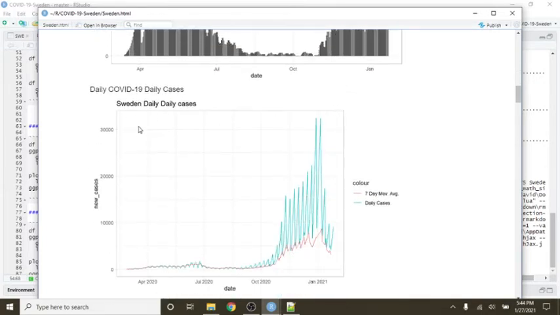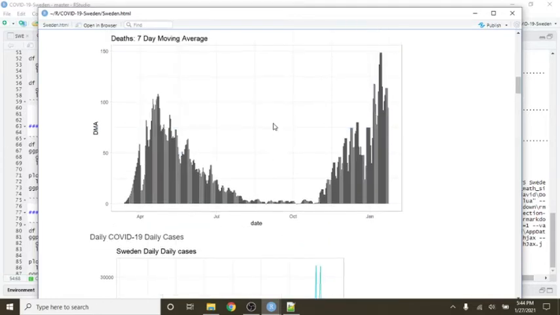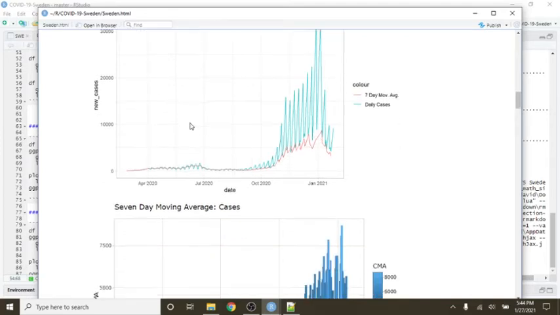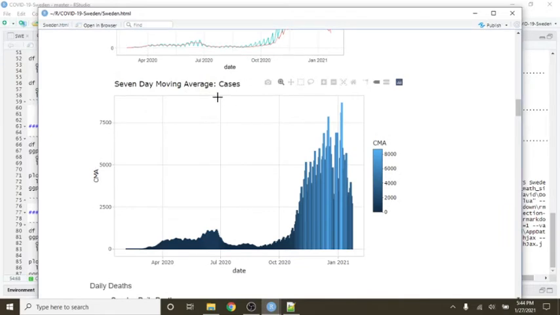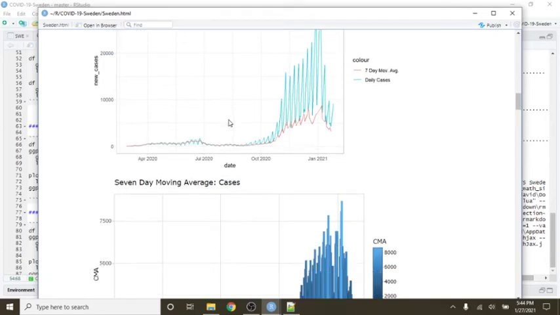This is Sweden's daily cases. Again, this is the daily cases here. You can see the spikes from the Tuesday for Tuesday. The red line is that same 7-day moving average we saw above. Okay, and the actual daily numbers are probably closer to the 7-day moving average. Okay, and here it is, the same 7-day moving average here. You can see that the cases were at most 8,682. All over here, they are well over 30,000 for single days.